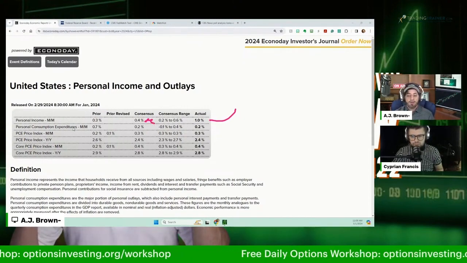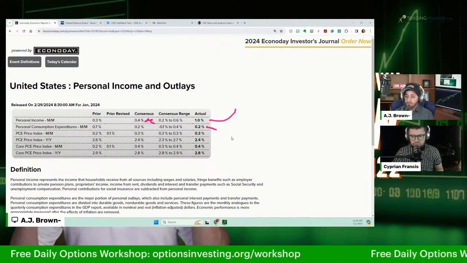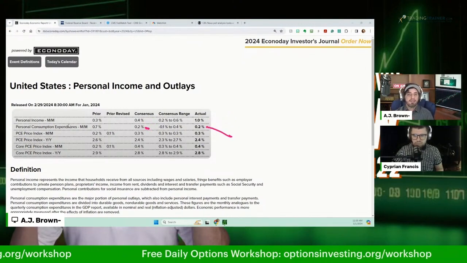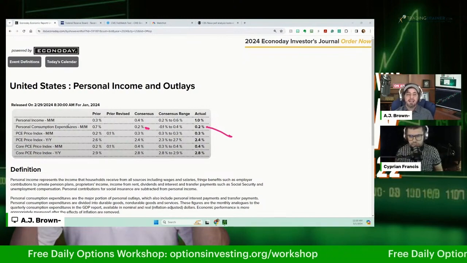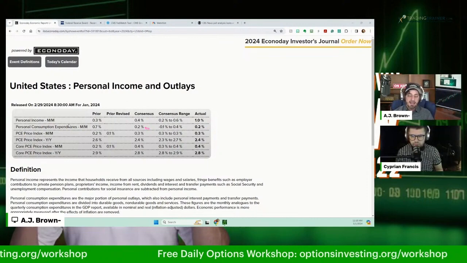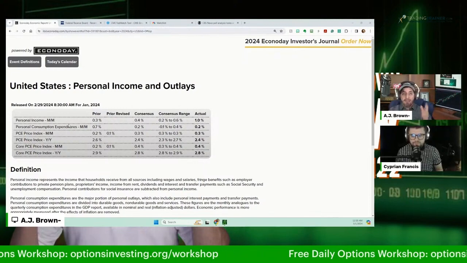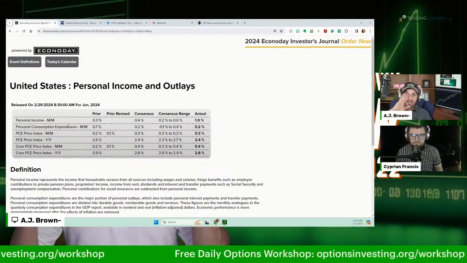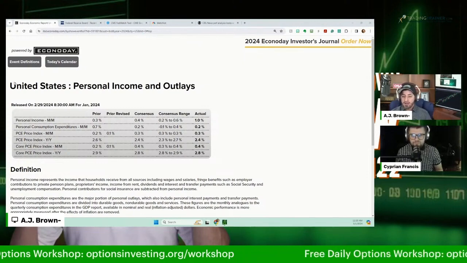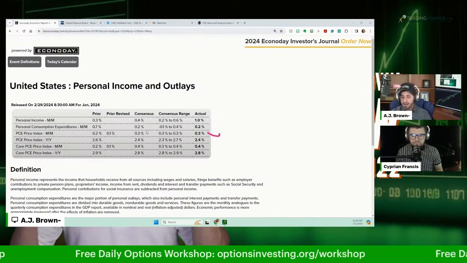But then you've got your personal consumption expenditures. This is what our expenses are, and that was right in line, right? 0.2%. And then you start to factor out some of those volatile goods, right? The Fed doesn't like to make big brushstroke decisions based on things like eggs or gasoline, because these have so many variables that they go up and down in price, and it's very hard to make long-term decisions on those. So they start to pull those out. You can see the PCE price index right in line with expectations.